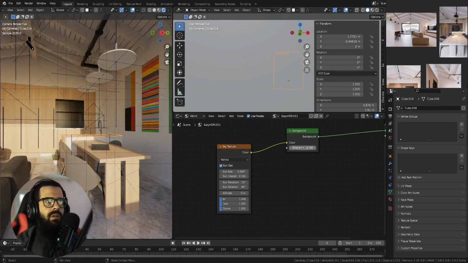Also, don't forget to decrease the sky strength. So make it 0.1, like this. And as you see here, we have hard shadows. So to make them soft and have overcast mode, you need to increase the sun size here. You have here the sun size, you need to increase it and make it 20 degrees